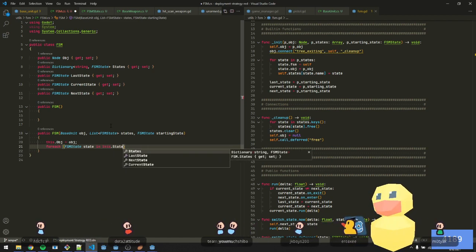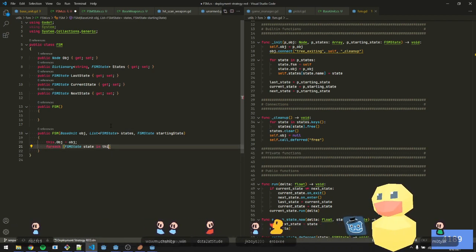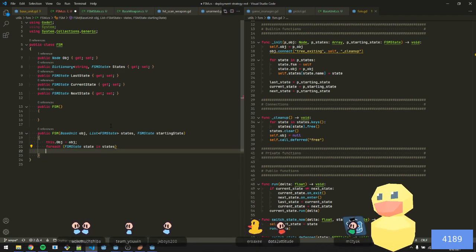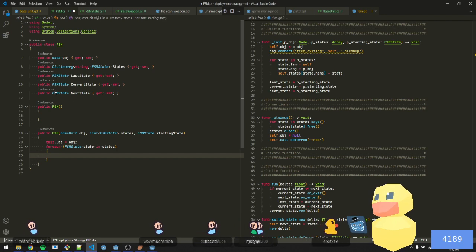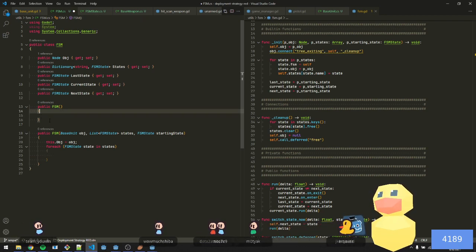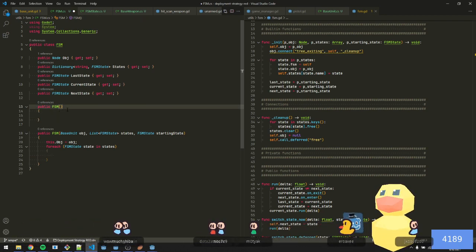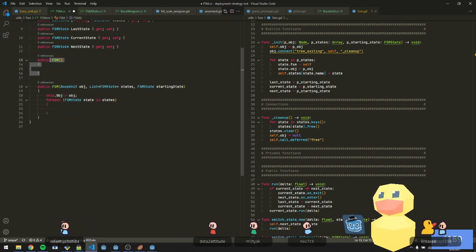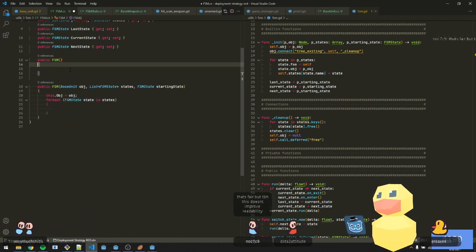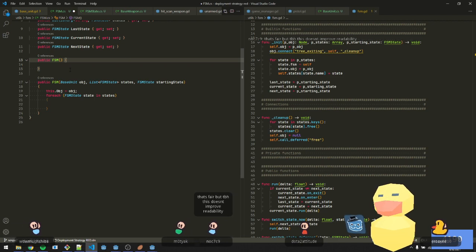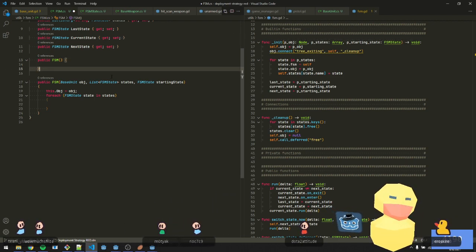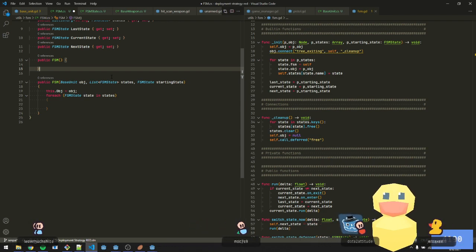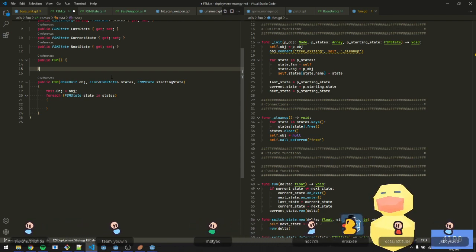This dot. Wait, no. In states. Yeah, just like, for example, in terms of C# formatting, I actually don't like this style of formatting. I prefer the Java style of doing brackets like this. That's fair, but to be honest, this doesn't improve readability. Yeah, well, you know, getters and setters also do not really improve readability. So